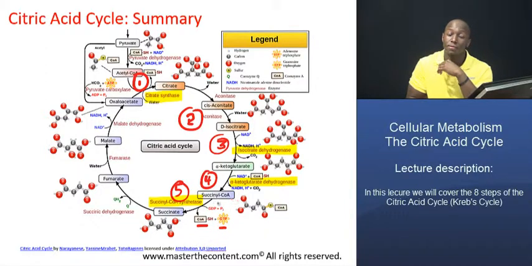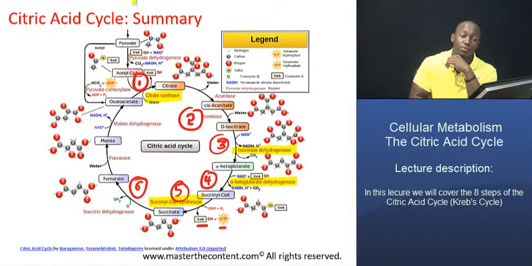So you will remember that a phosphate group will replace the coenzyme A in succinyl coenzyme A, and then that phosphate group in that intermediary will then be transferred to GDP to create GTP, effectively forming our succinate in step 5. Now, in step 6, our succinate is then converted into the fumarate,